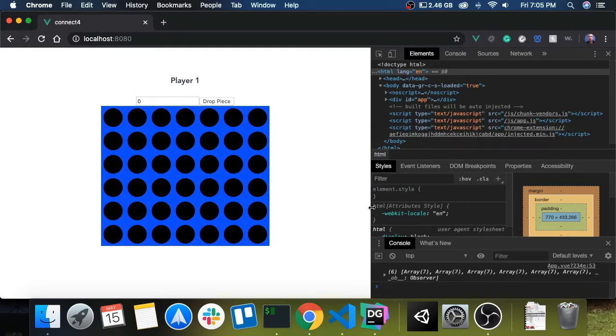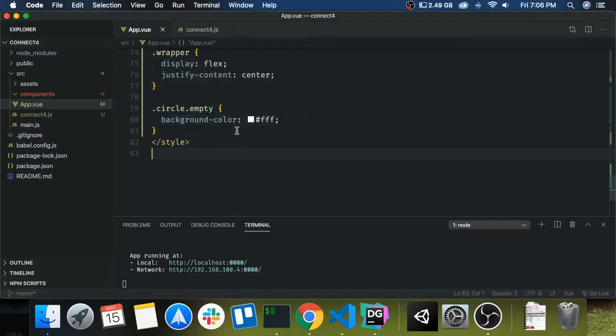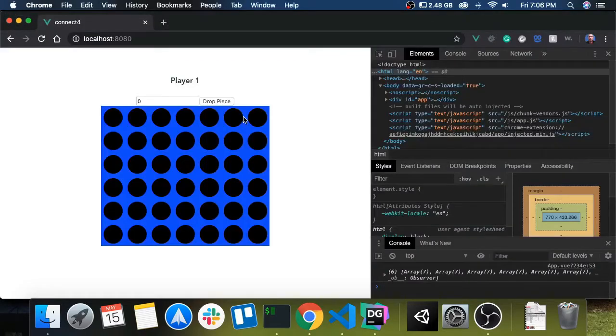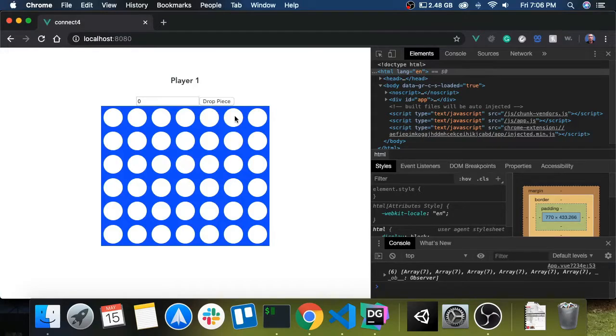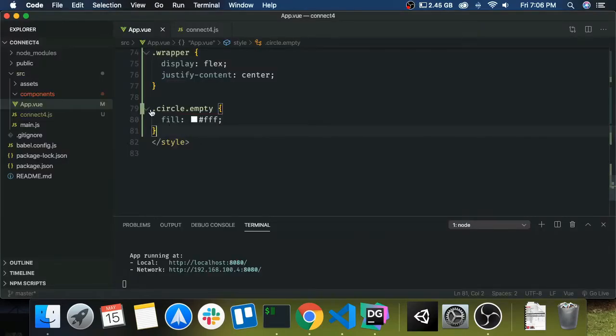Okay, let's see. Oh, I know what happens. We are coloring an SVG circle, so it's not background color, it's actually fill. Okay, hopefully this time it works. And there you go. We have a board filled with white circles. Okay, now let's do the red ones. I'm gonna copy this,